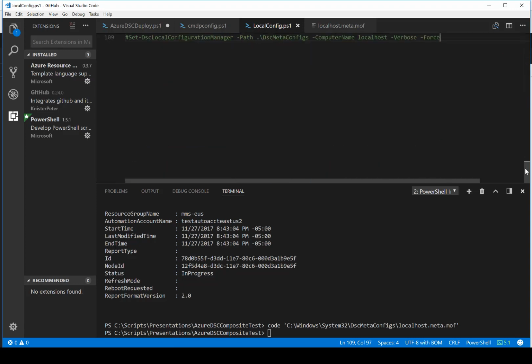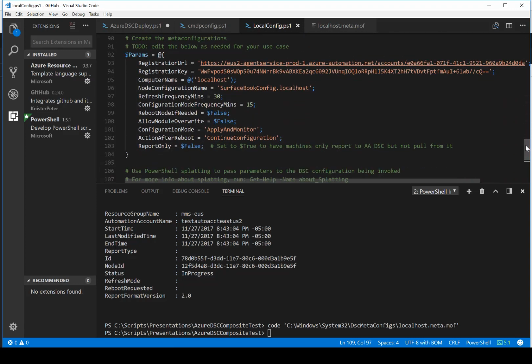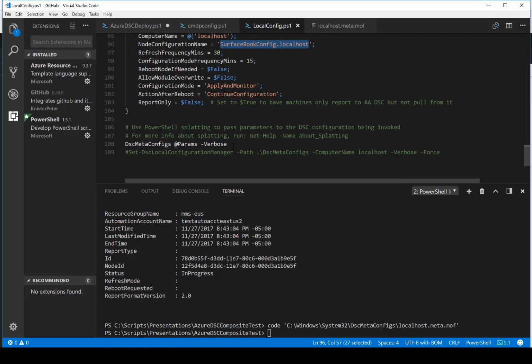Some of the basic information that you can apply in the configuration are passed over in the parameters. So you need the registration URI of your Azure Automation account, as well as a registration key. You can apply a node configuration as an option. However, you can also leave this blank and just get the machine registered and apply a configuration later if you're more comfortable. As well, you can also configure other options for the DSC local configuration manager. Once this is done, you can execute this